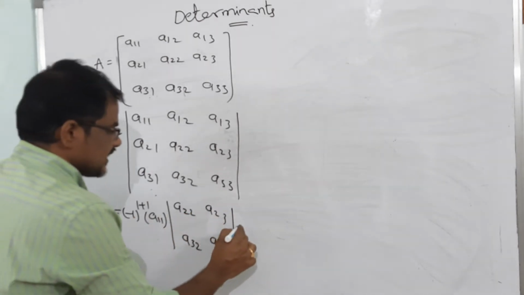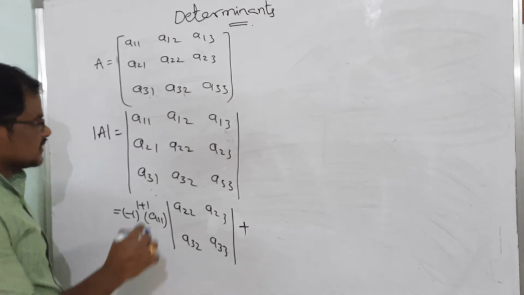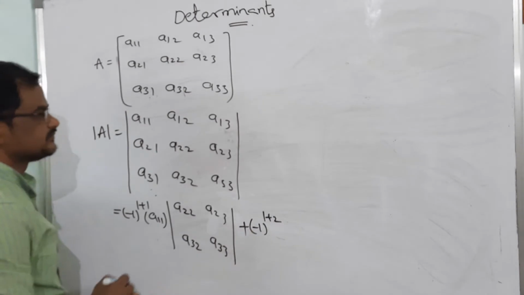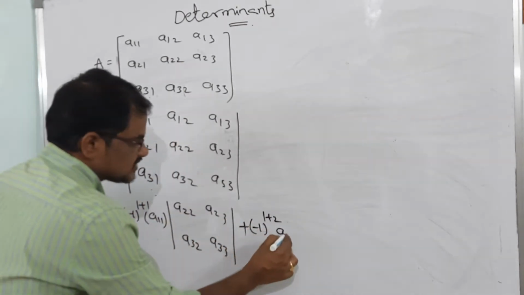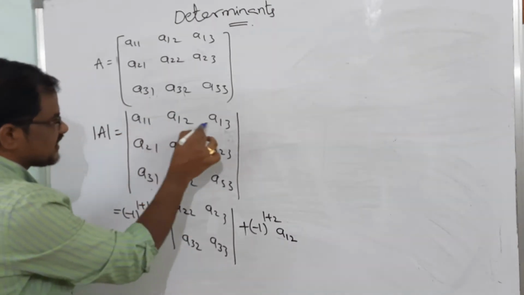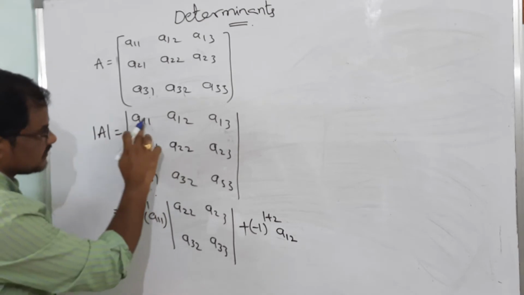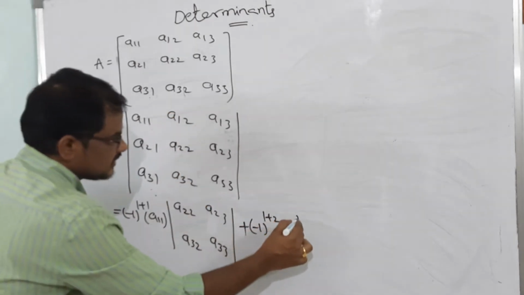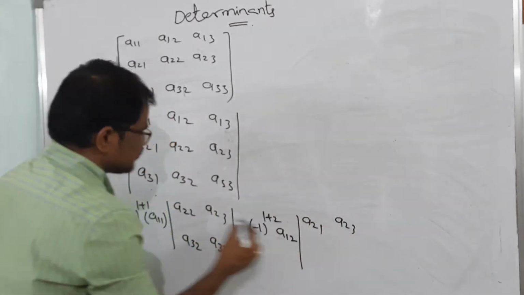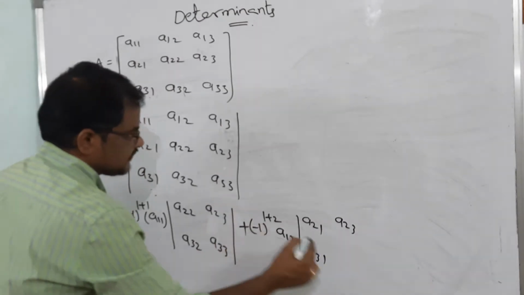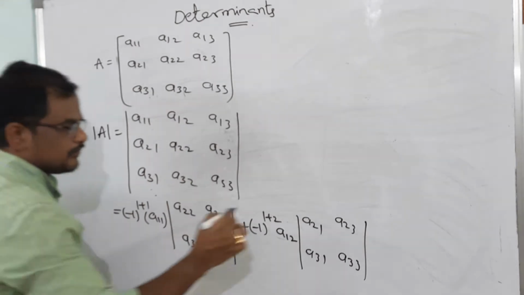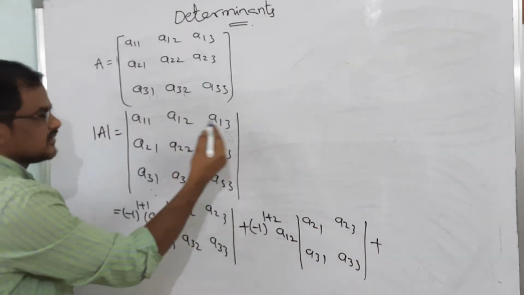Next, plus, so here this element, minus 1 whole to the power of 1 plus 2. So multiply this element A12, eliminate first row, second column. So if you eliminate first row and second column, what is remaining? Determinant of 2 by 2 matrix, A21, A23, next A31, A33. So after eliminating this one and this one, plus, come to this element, means here we